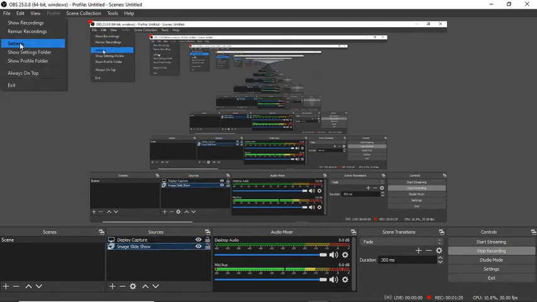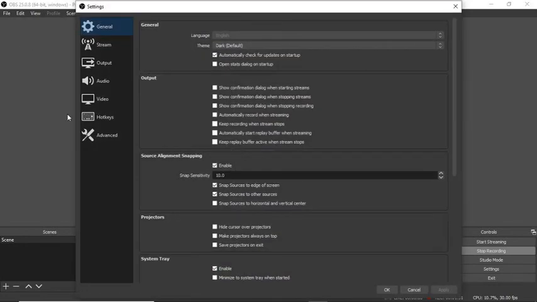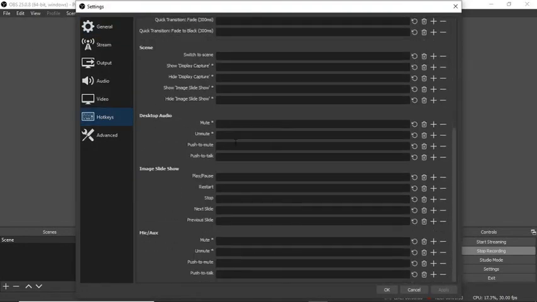You will have to go to hotkeys, right? So you know how to get to hotkeys. You could see that image slideshow can be assigned with hotkeys. So if you are going to perform a PPT presentation along with your face on screen, you will have to think about next slide and previous slide. These are the only two options you'll be using. Maybe if you want to, you can assign keys for restart, stop, play and pause, maybe you could use those also. But right now we are going to keep it to next slide and previous slide.